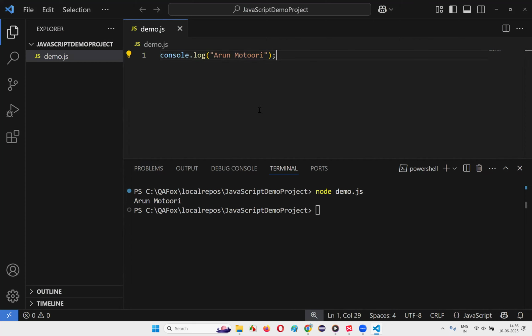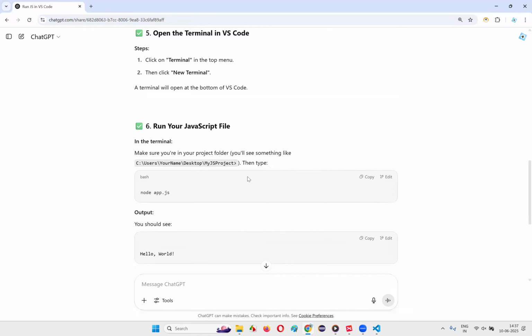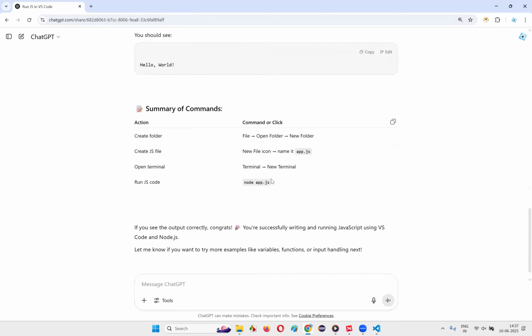I'll explain more about this statement later, but for now, this is how we can print text in the output by writing some JavaScript code in the JavaScript files. And for that, the command I have to use is node, space, and the name and extension of the JavaScript file, and the JavaScript code inside the file will run. Fine. So, hope you understood